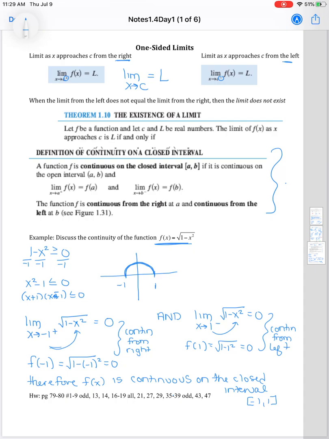Okay, so that can be a little tricky. It's definitely very wordy, but there's a lot to check. When it says to discuss the continuity, think of it like a proof from geometry a little bit, but you're not writing in a